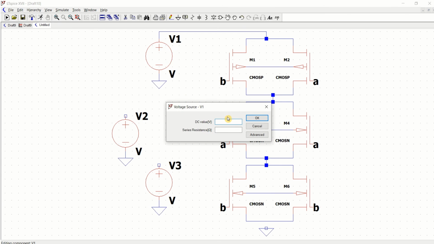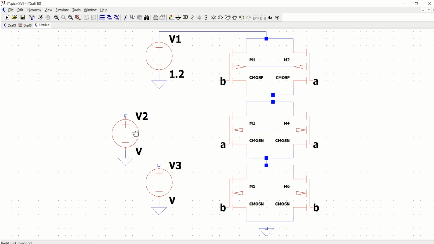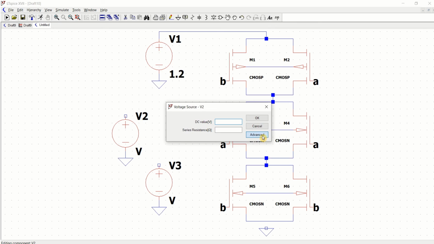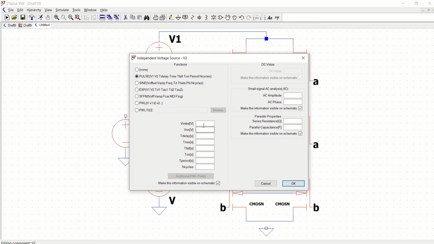Now define the voltage, which is a standard voltage of 1.2 volt for a 130 nanometer technology file, and define the pulse, which is of 0, 1.2 and 0 delay, 500 picoseconds with an on time of 10 and 20 nanoseconds.